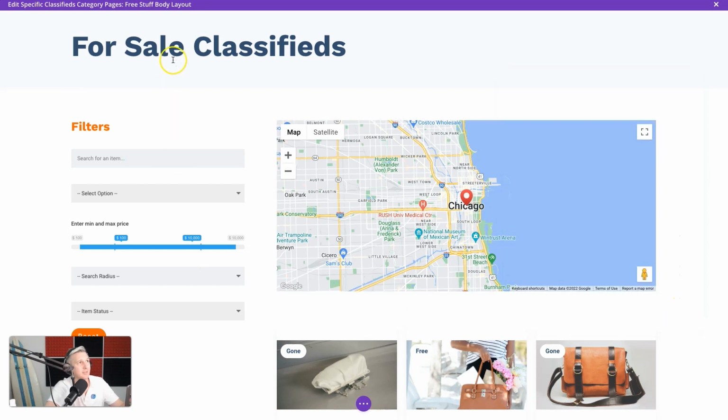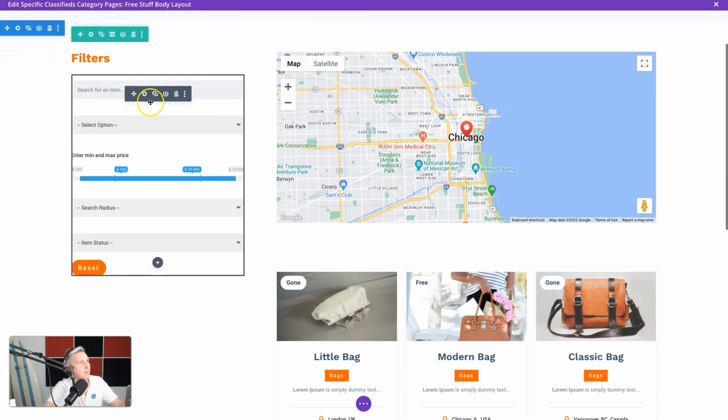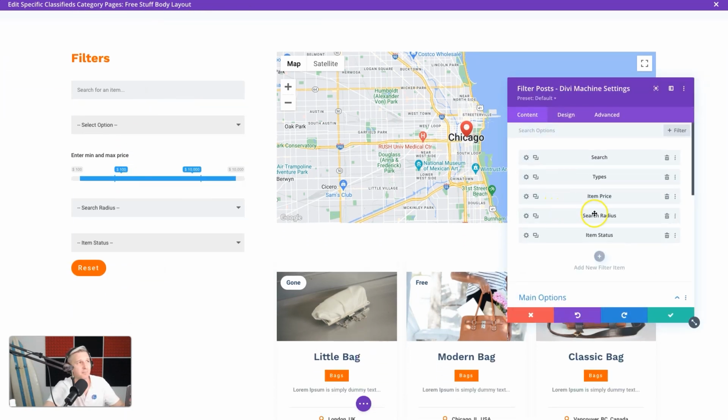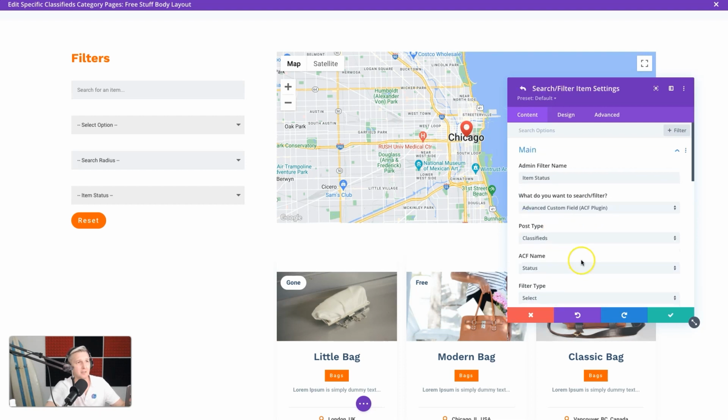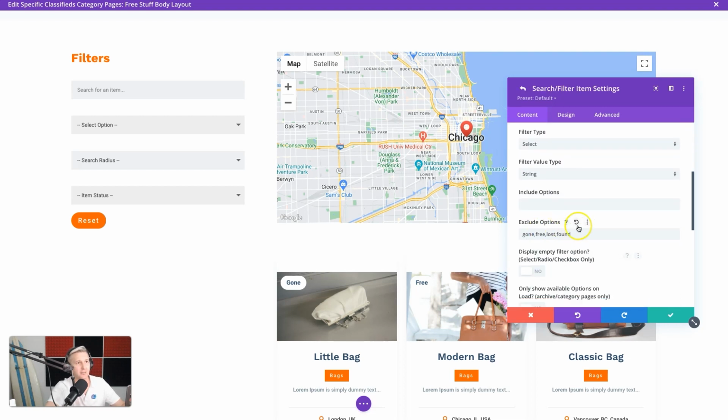Cool. Now, the last part here is we're going to change the title of the page. There we go. And we need to go adjust the filter. Now, free stuff will never have a price, right? So we can delete the item price along with all the headaches it's caused us. So let's go ahead and delete that. And now for the status, we're going to need to exclude different statuses, right? So free and gone would be the two that we employ here. So we're going to say sold, comma,